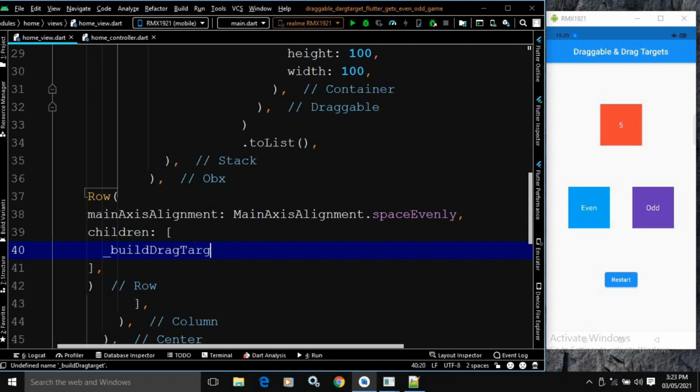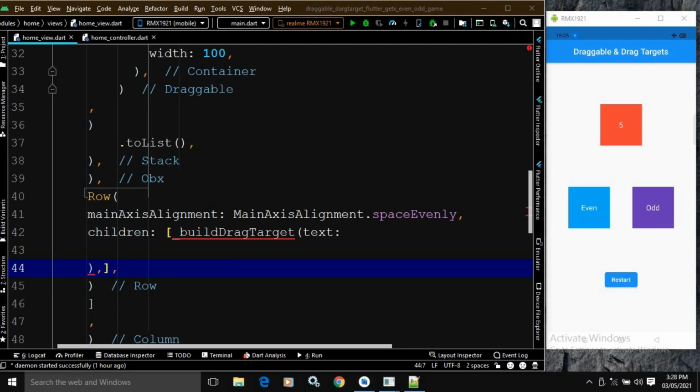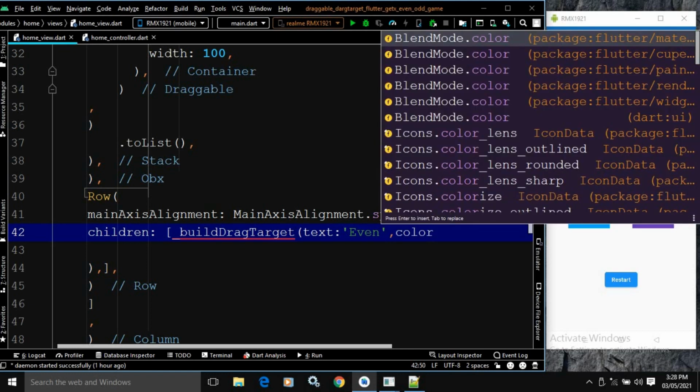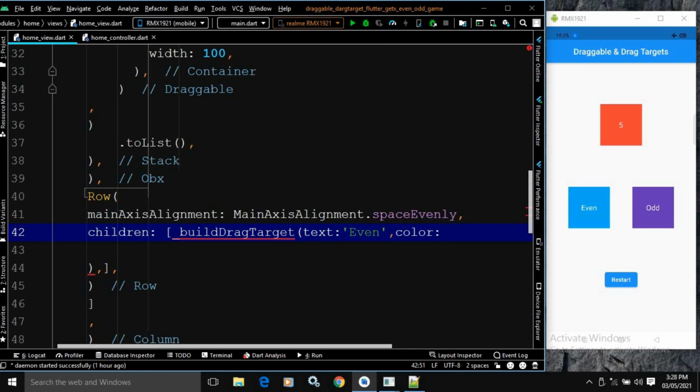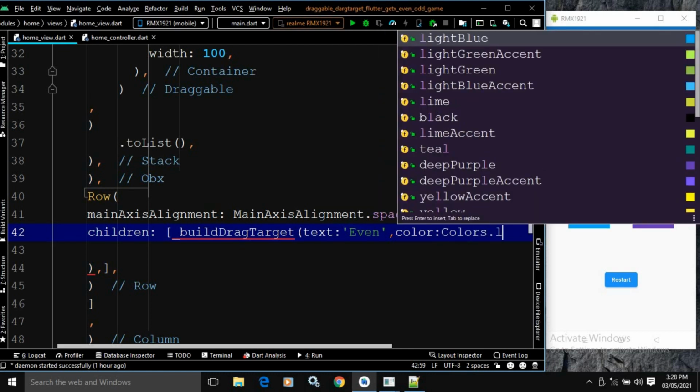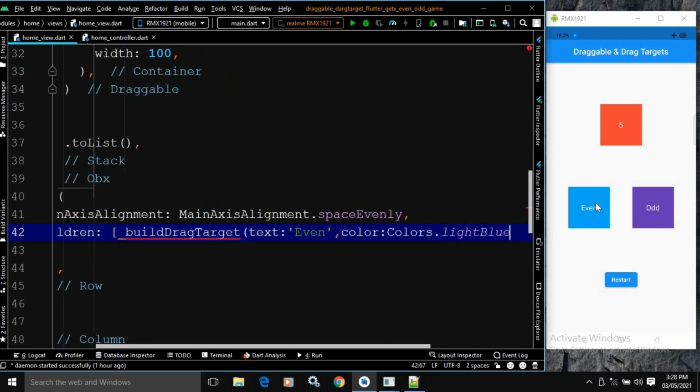Build drag target. Okay, now here I will pass some parameters, some named parameters actually. So here I will pass the named parameters as text. In the named parameter text, here I will pass even. After that I will use another named parameter, that is color. In the color I will pass colors dot light blue, because you can see here the first drag target has the color as light blue and the text as even.